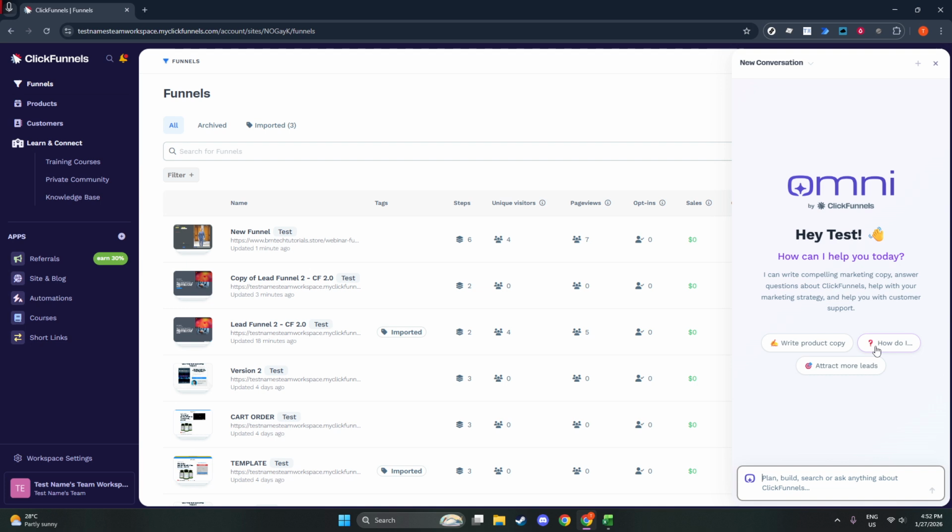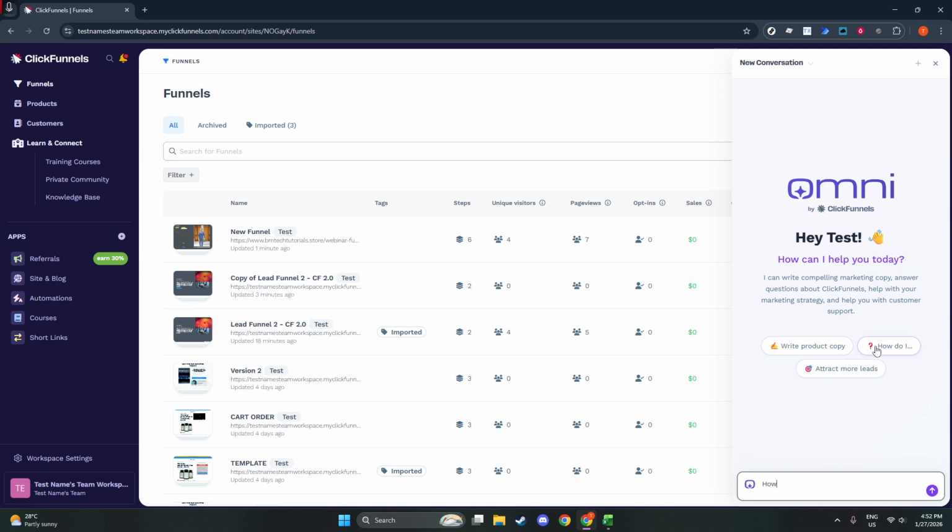Start by typing your question or describing the problem in clear, simple terms. Include what you were trying to do, where it happened, and any exact error message you saw. For example, mention the name of the funnel or page and a short description like, "Publishing changes doesn't update on the live page." The bot can surface relevant guides and walk you through quick fixes, which is often the fastest